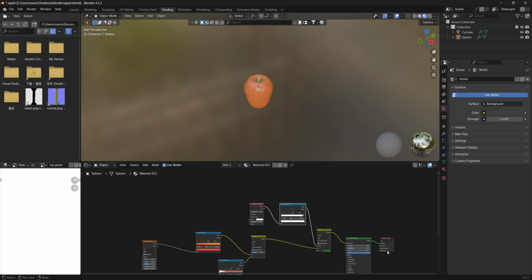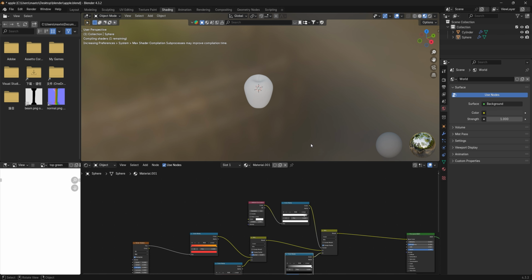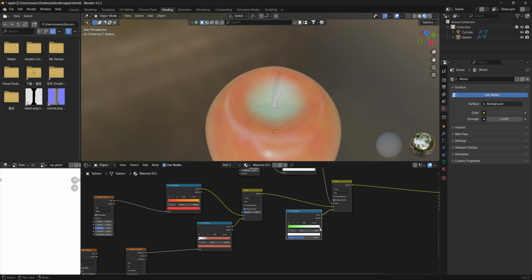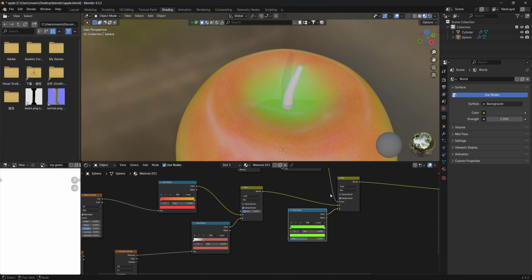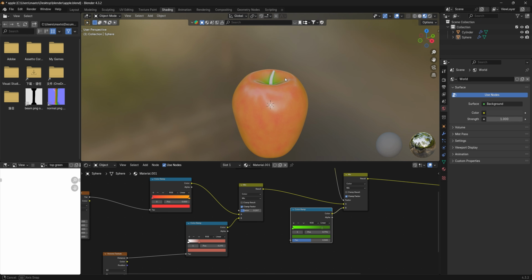Actually, I'll put a color ramp under the color B. Shift A, color ramp. So you can have more, because you can see in real life it's not only one green, it has a lot of green in it. So I'll change this to a darker green and lighter green, adjust the position. You can see the apple looks quite good,